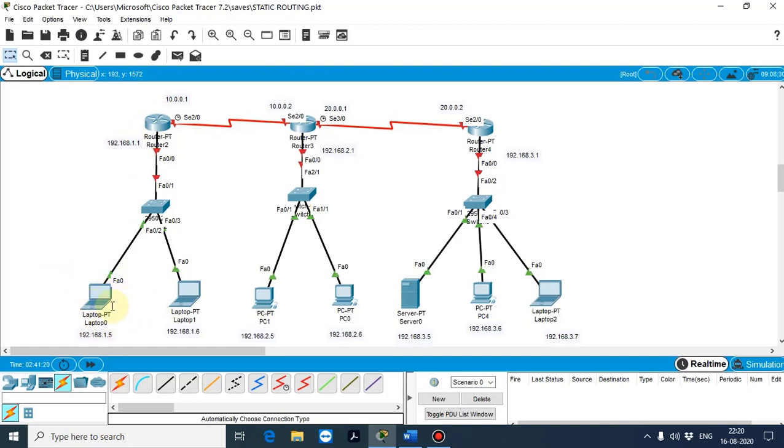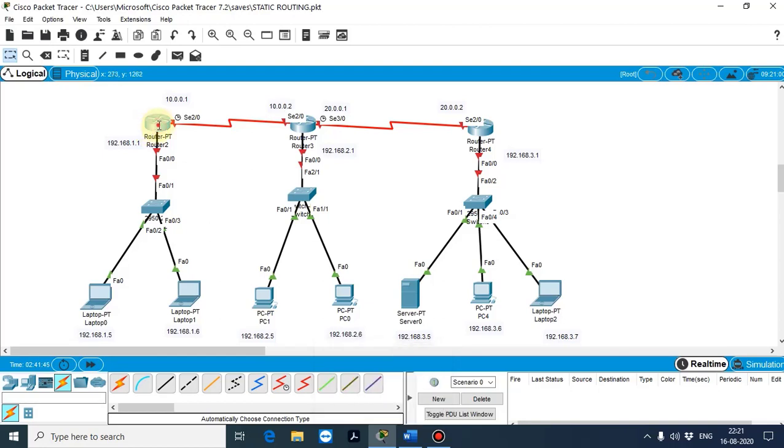Suppose a system wants to access this system, so it must access this router. From the router there may be a connection to another system. That means this router should know the path for this router. So we have to define the path from source to destination. That's why we call it static routing.